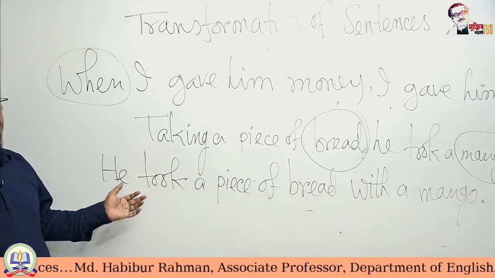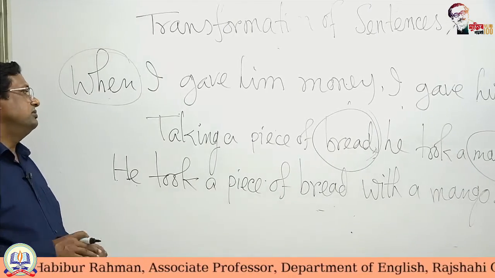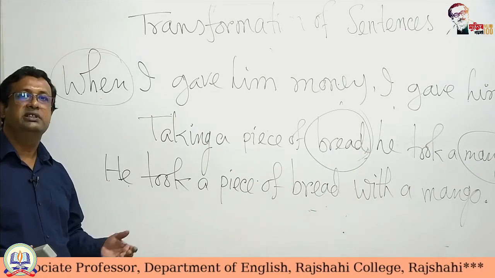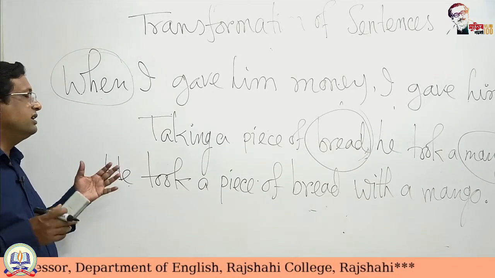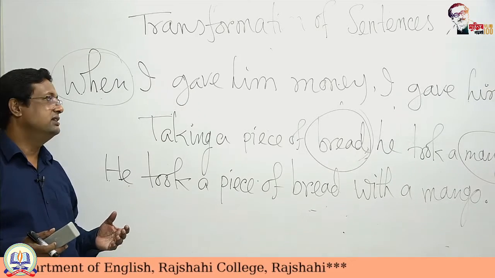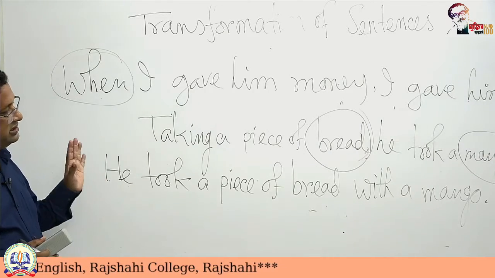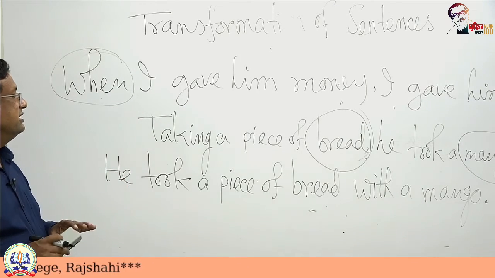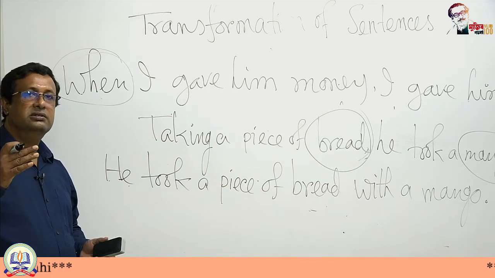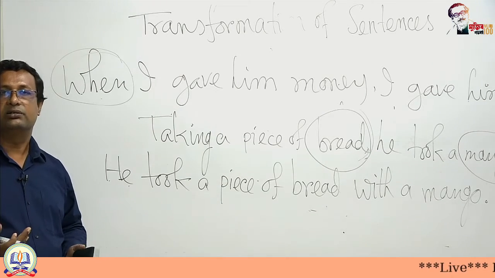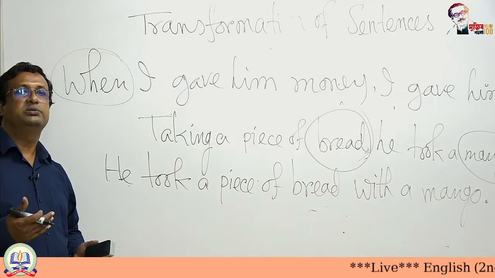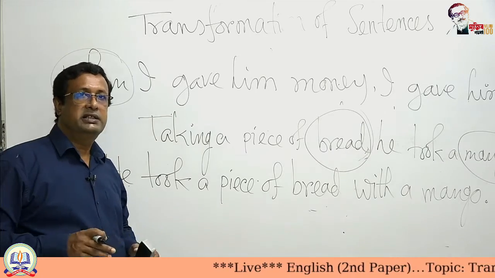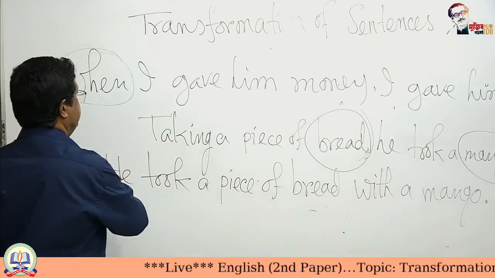Understand? So, dear students, rules are not always the same. It may change, and rules are no rules if they lack anything. You will just change keeping the meaning intact. You will maintain the meaning, and this is because this changing is called transformation. We have to keep the meaning the same. Next sentence, when he saw me, he acted crazy.